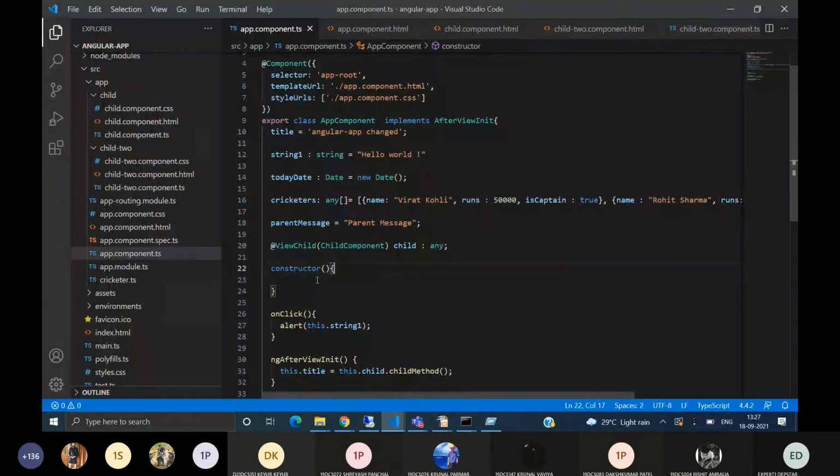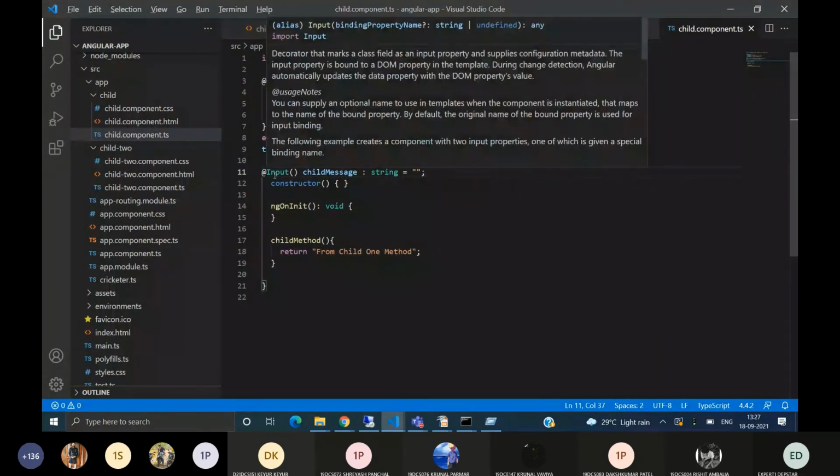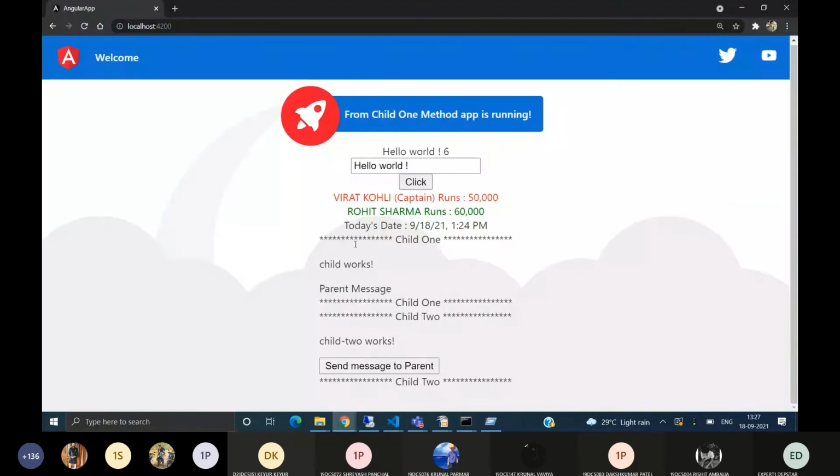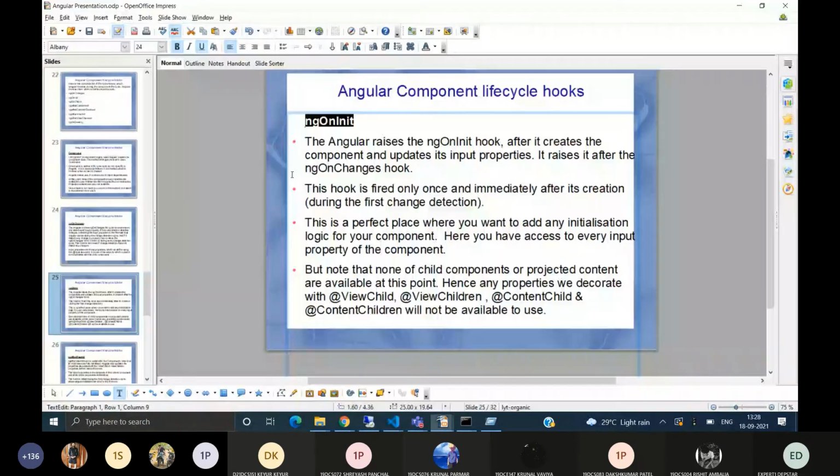But if it has an input property, then before the DOM is created, the ngOnChanges hook is called first. If there is no input, then it directly calls ngOnInit.